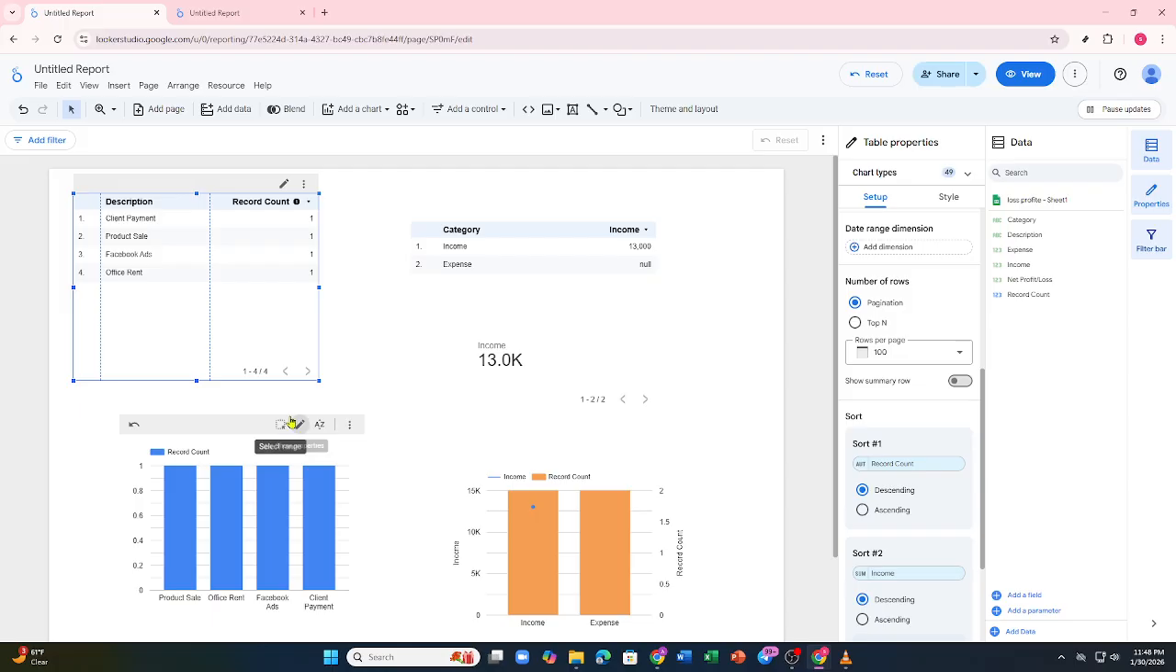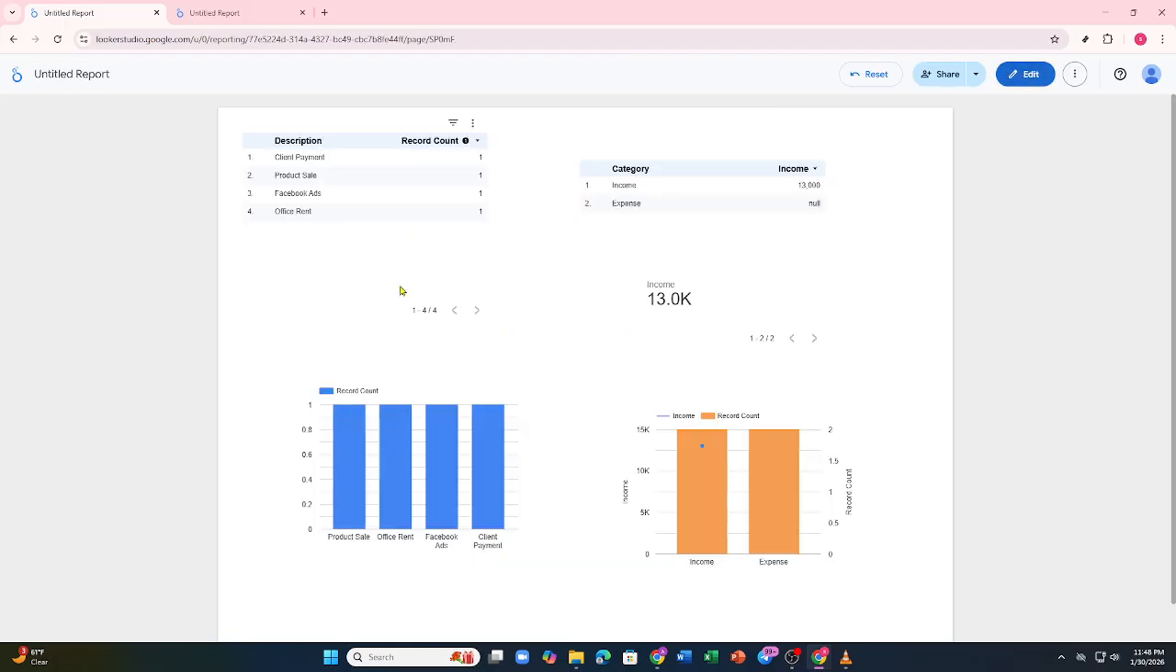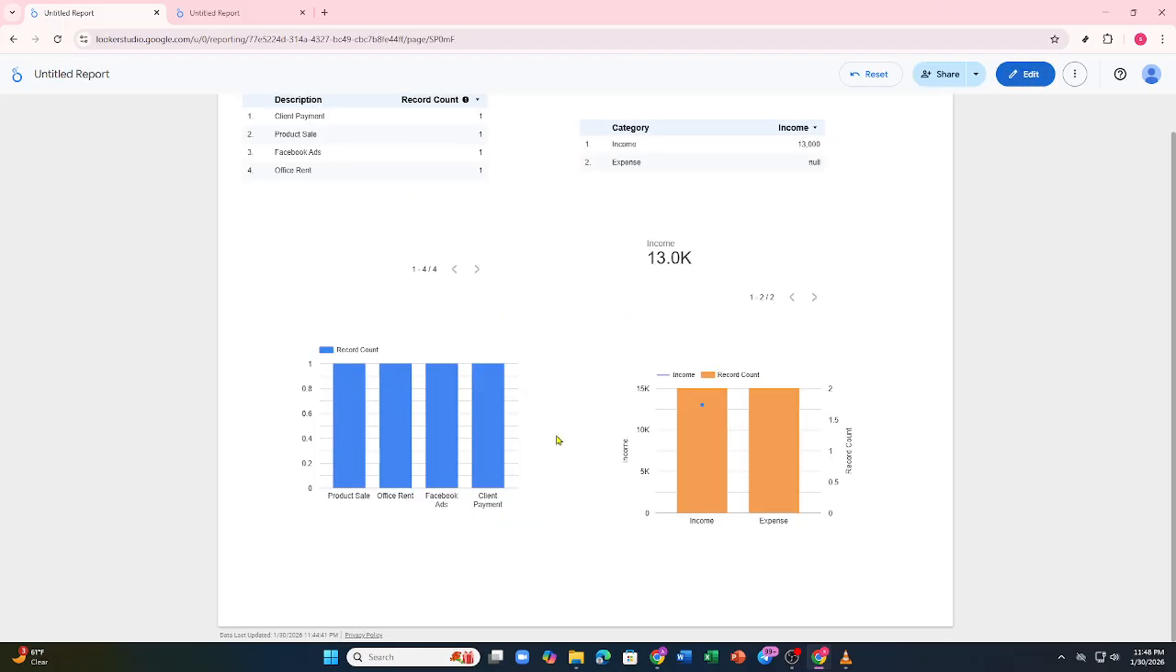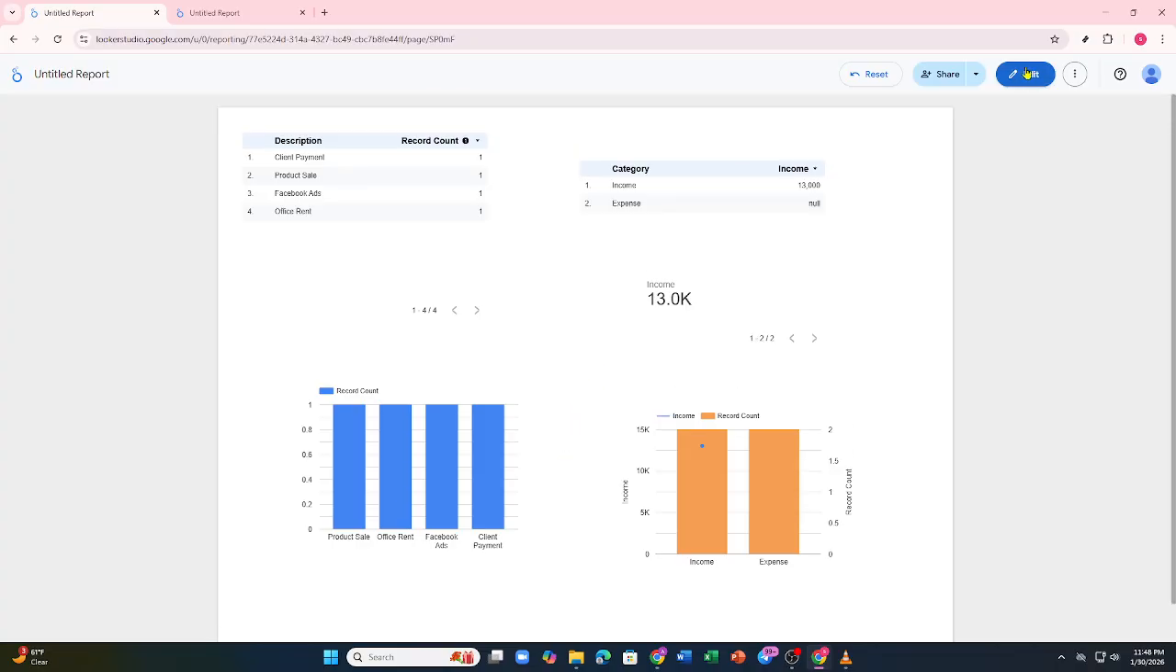Finally, switch to view mode and test everything. Ensure charts update correctly, KPIs are accurate, and your report is easy to scan. And that's it. By focusing on relevant KPIs, clean visuals, comparisons, and clear design, you can create professional, investor-ready reports